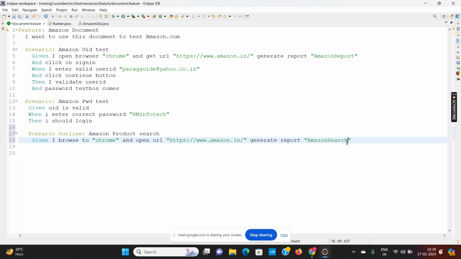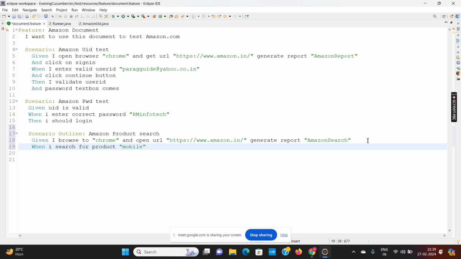So again I want to open the browser, and after that, when I search for product, and now I am not writing product mobile like this.